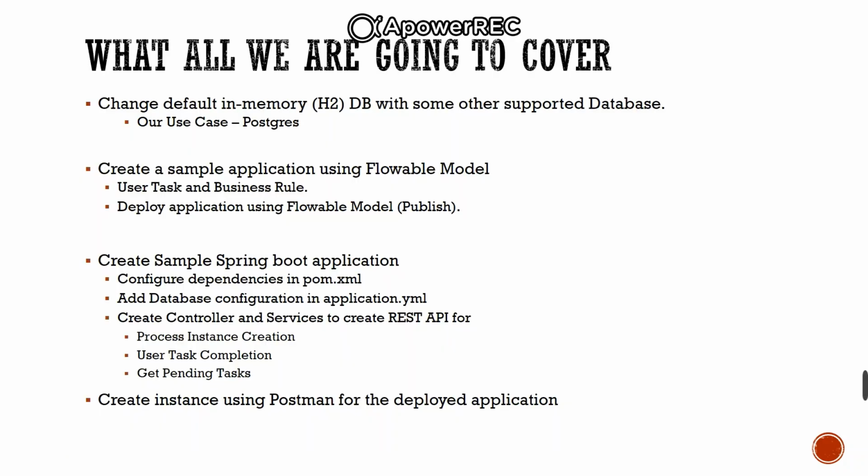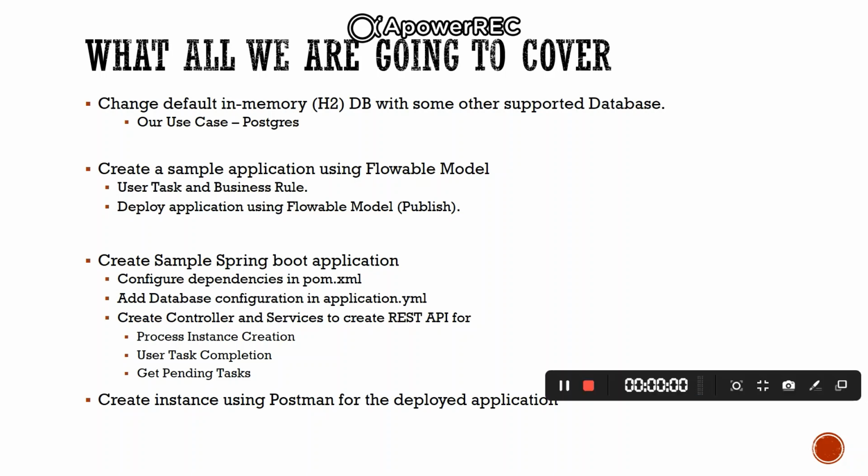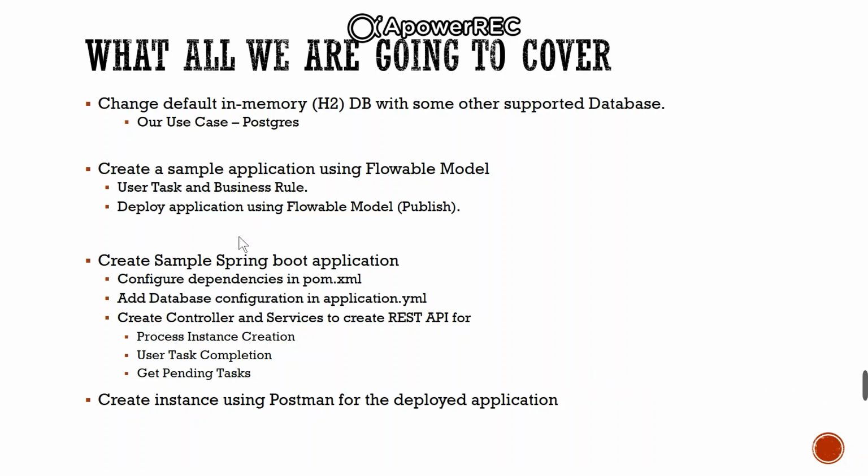Second thing is we are going to create a sample application using Flowable Modeler, where we are going to create some user task and business rules. We'll deploy it using the Flowable Modeler, and then we can validate in the database whether this deployment is successful or not. After that, in the next video, part 2 of this series, what you will understand is